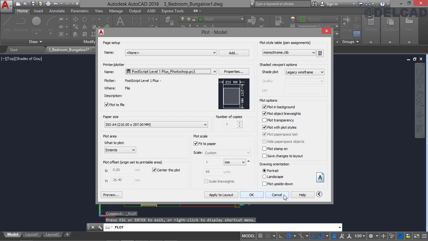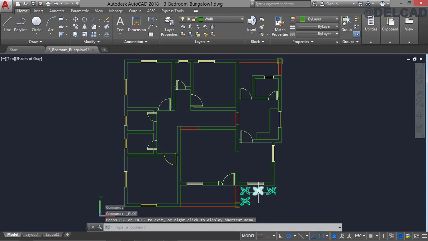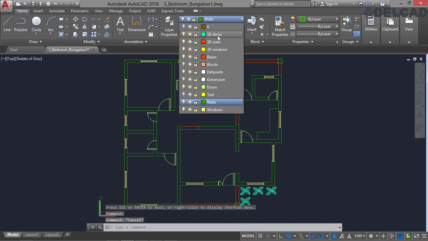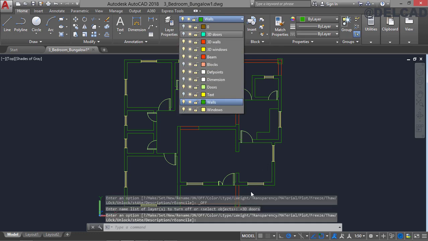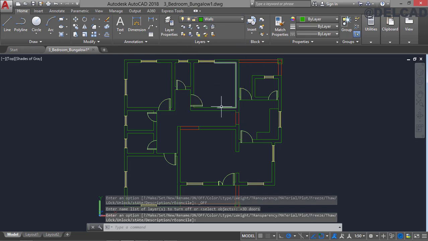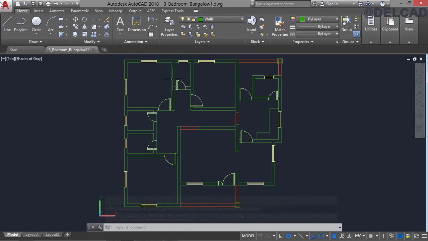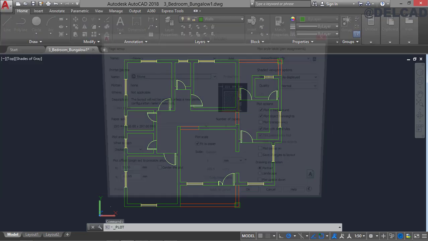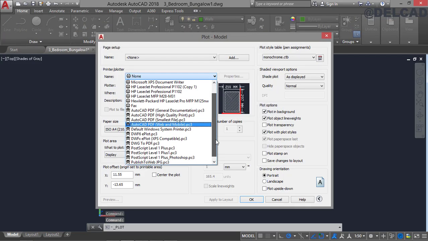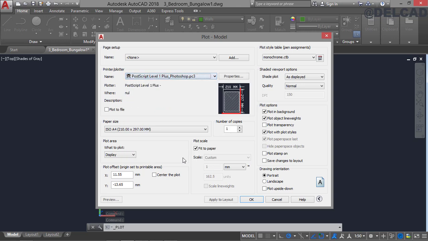So we're going to go back, we're going to cancel, and then you see these flowers, we're going to turn it off from the layers panel. So we have this 3D floor plan where it is located, so we have it turned up, and then we can go ahead again, go to print, and then from here make sure that we have Photoshop selected, and then